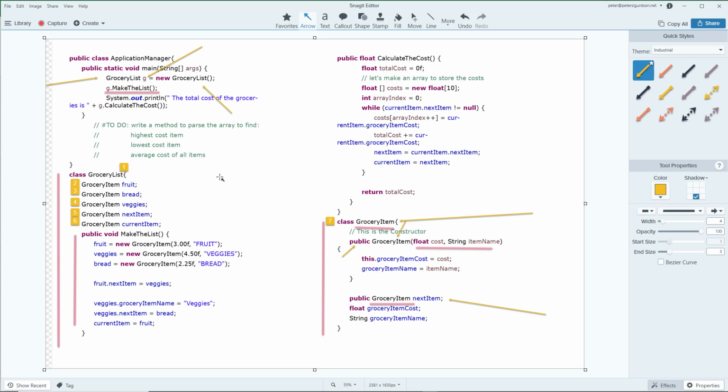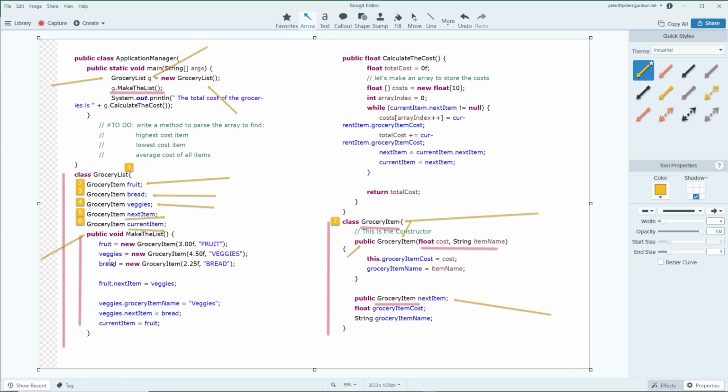But if you go over here, see, we're making a grocery item called fruit, and a grocery item called bread, and a grocery item called veggies. And each of those grocery items has a cost, and it has a name, and it also has a link to the next grocery item down chain. So here we're making a couple of placeholder data fields called next item and current item. And then we're making a method called make the list, meaning making our grocery list. So we're making an object called fruit, and we're saying new grocery item, and that's $3, and F just is what you put when you have a float type of